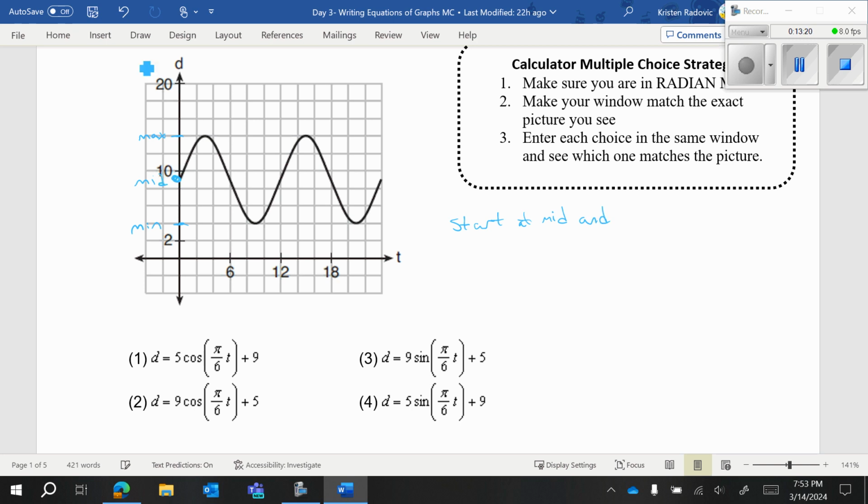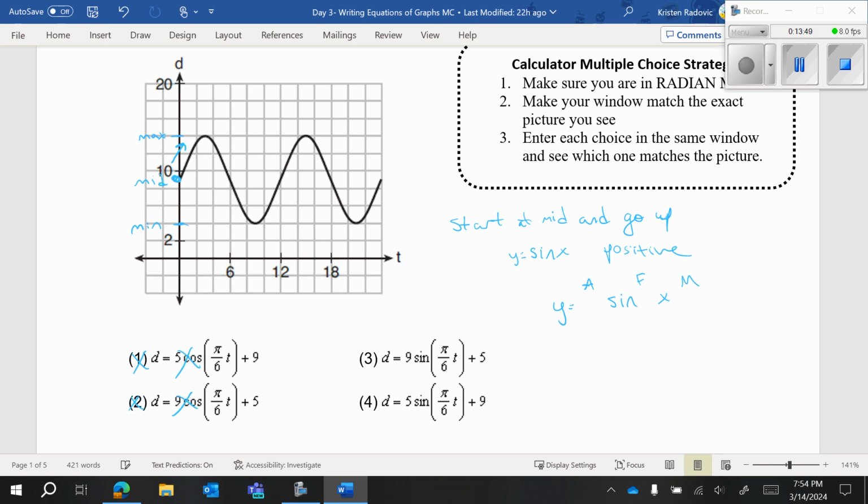And we go upwards because the graph is increasing. Because you start at the midline, it's sine. Because you go upwards, it is positive. So we know we have y equals positive sine of x. We're going to cross out the cosine functions. And now we have A,